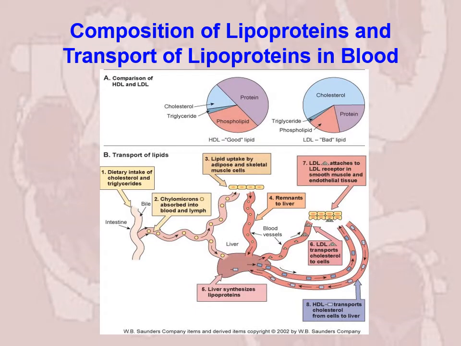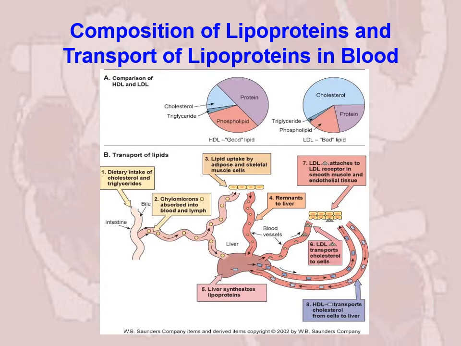This is a composition of lipoproteins and transport lipoproteins in the blood. Now, lipoproteins mean they're composed of lipids and proteins. And the higher the protein concentration, proteins are more dense than lipids. Lipids float in water, proteins will sink in water, so lipids are lighter, so they're less dense. And you can see at the top, HDLs are good lipids because they don't have the high cholesterol content that